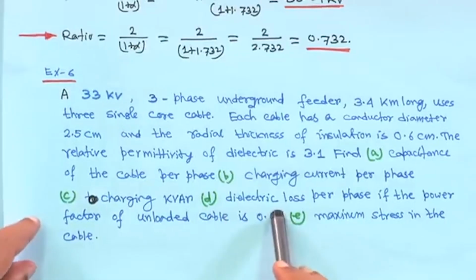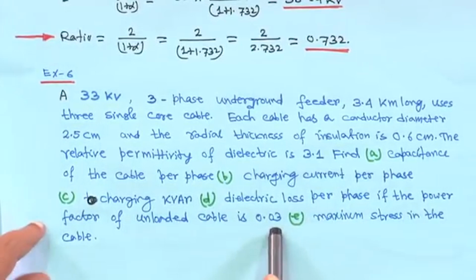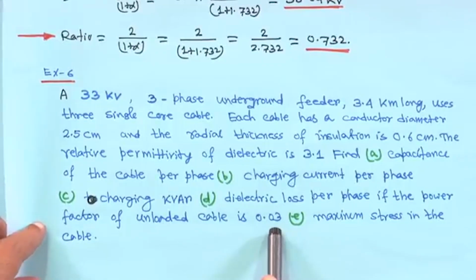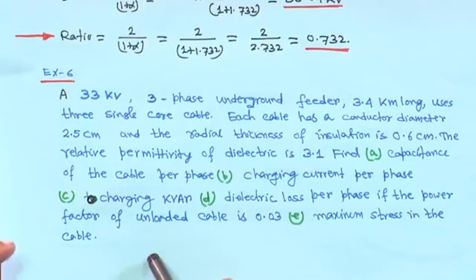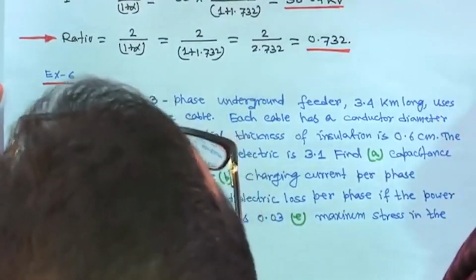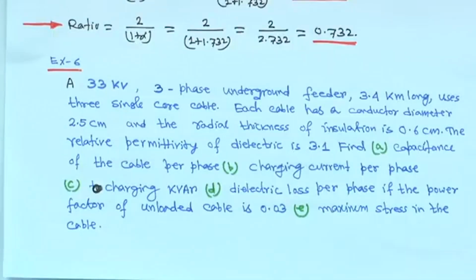Then D, the dielectric loss per phase if the power factor of the unloaded cable is 0.03, and E, the maximum stress in the cable. So, these 5 things you have to determine. How will we do this? We use all the parameters or data that are given. Now, the question is that